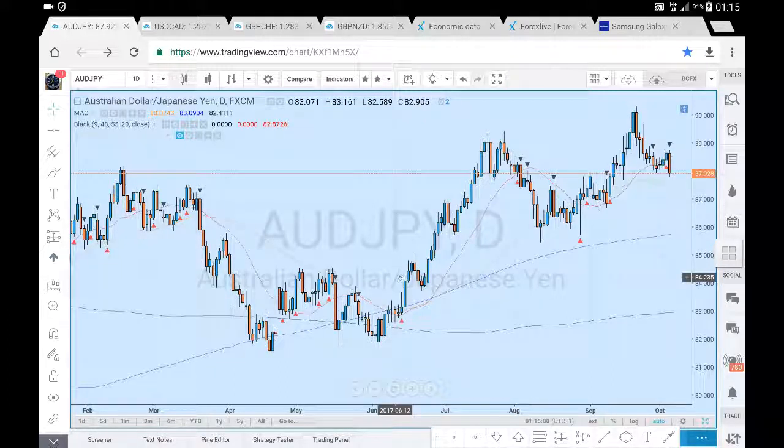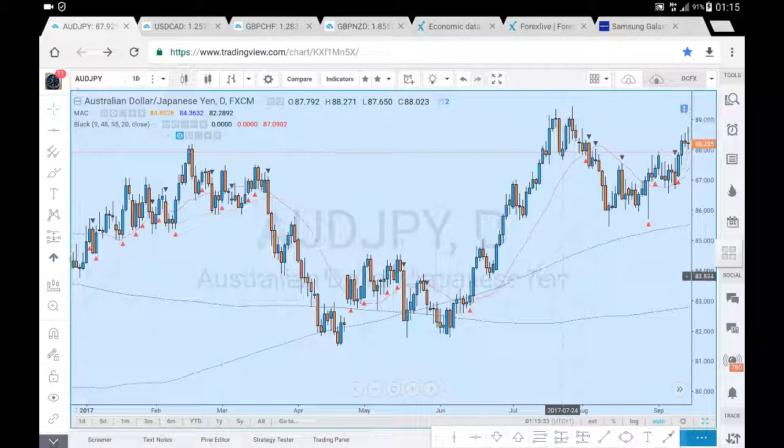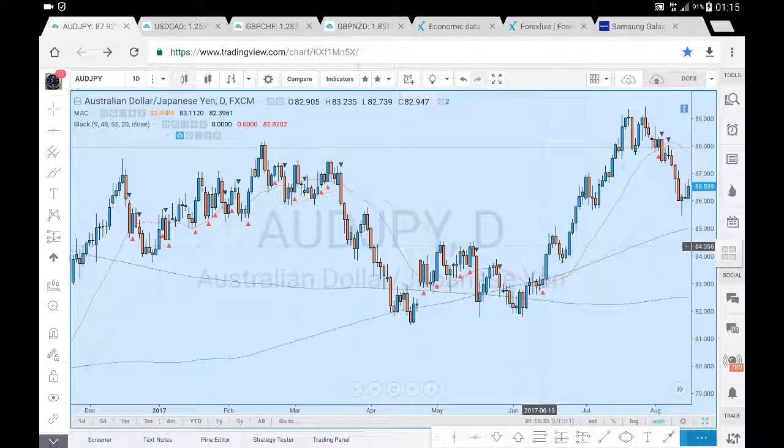Let's just have a look. 87.45 from 83.15, so you're looking at roughly 430 pips. Even though you have given up quite a bit here, you're looking at 430 pips to the upside that you would have traded. So this trading system does provide you with some pretty good trades,